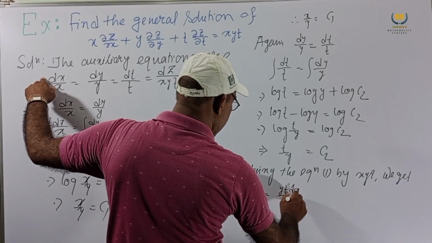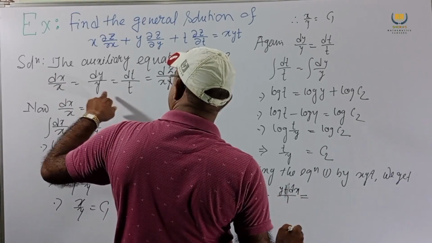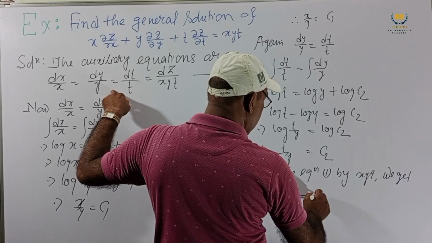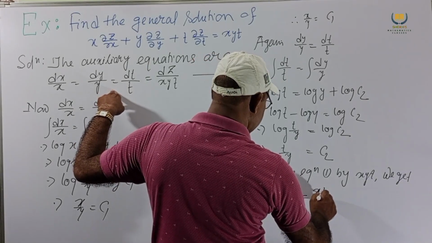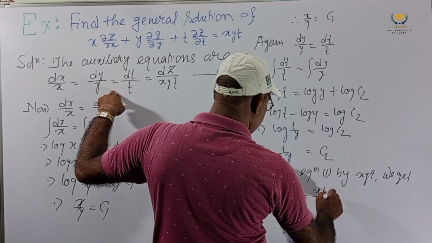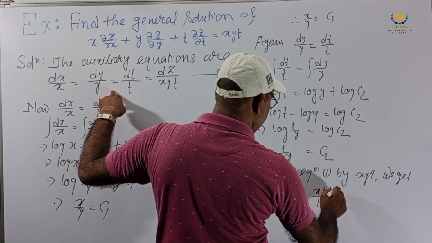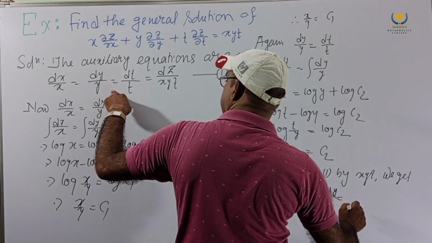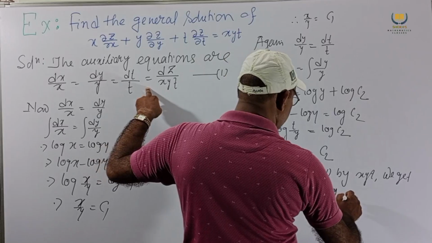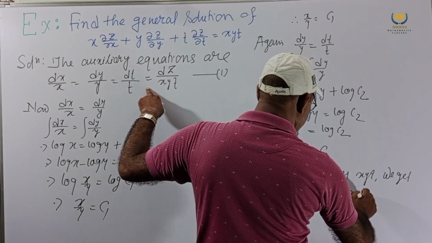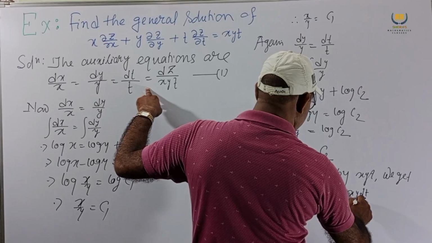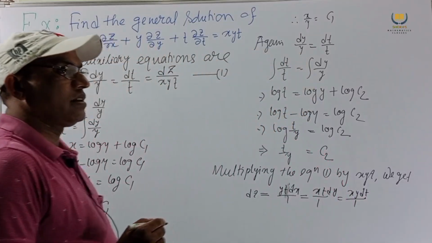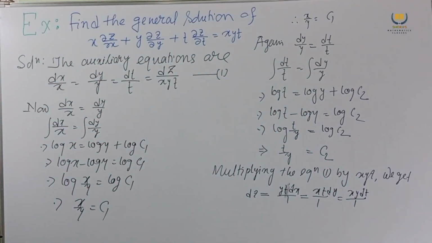dx by 1 equals this, this is xt dy, this is xy dt by 1. We get this one. Now